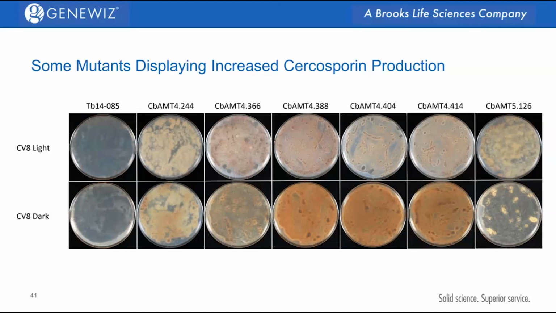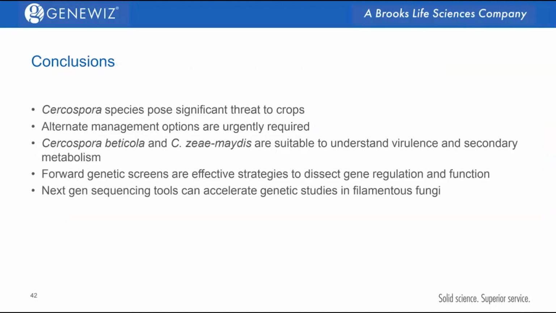However, with the lab opening soon, I think I'll be able to get back and rework on these isolates. So that brings to the end of my talk, and hopefully I've been able to introduce you to the Cercospora species, which pose a significant threat to different crops, and how they're developing fungicide resistance, and hence we need to devise alternate management strategies. Cercospora beticola and Cercospora zeamaydis, which I have worked extensively on, are suitable to understand virulence and secondary metabolism in Cercospora species, and hopefully the work that I have done in these two can be broadly expanded to a lot of Cercospora systems